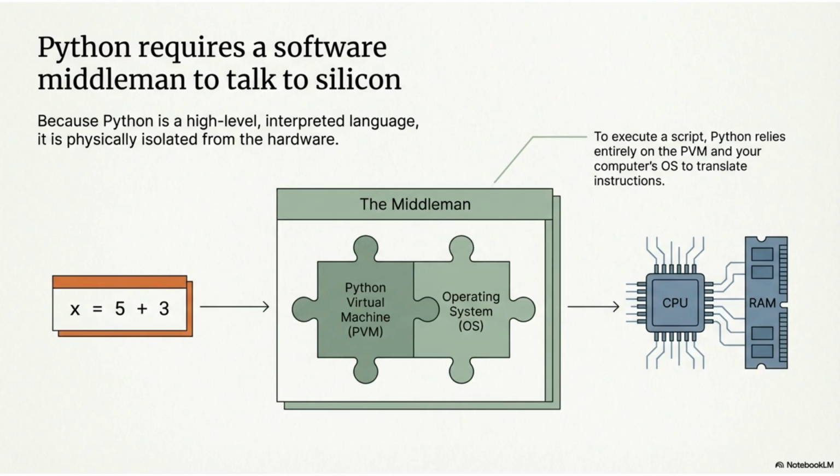Python, being a high-level interpreted language, requires a software middleman to communicate with the silicon hardware. This middleman consists of the Python virtual machine, or PVM, and the computer's operating system, or OS, which translate instructions